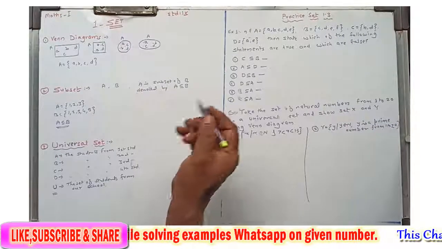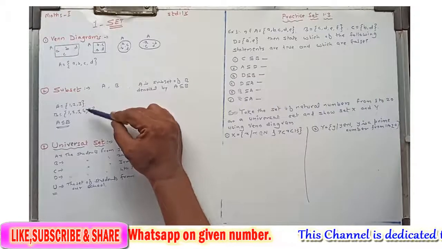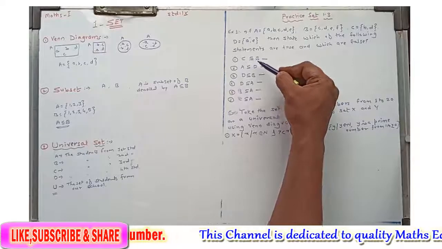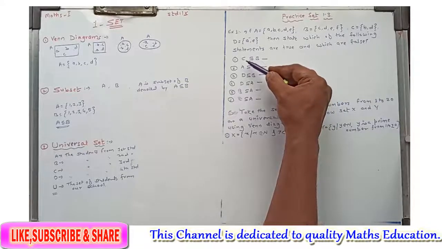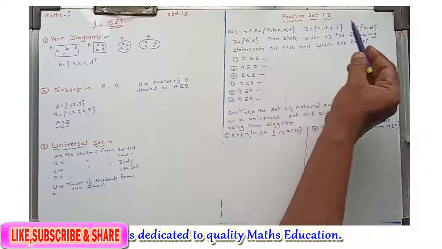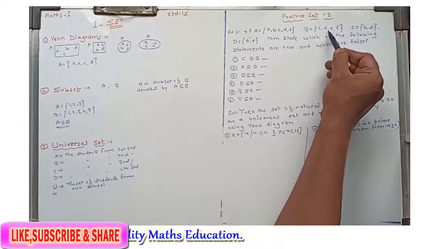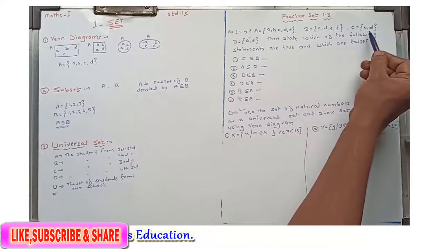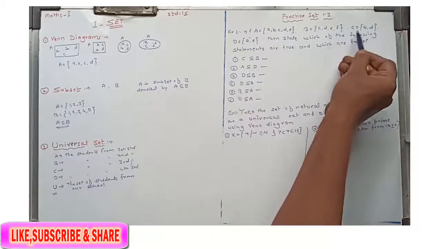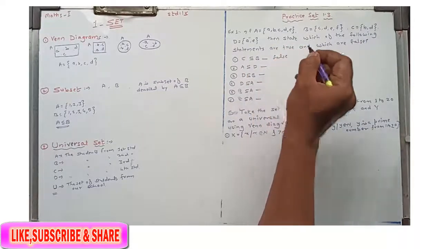Okay, subset का definition है. If every element of set A is present in B, then we say that A is a subset of B. So here C is a subset of B is given, that means every element of set C should be present in set B. Just see, set C contains elements B and D, and set B contains elements C, D, E, F. So are all the elements of set C present in B? Just see, yes or no? No. So that means this statement is false, this is not true.